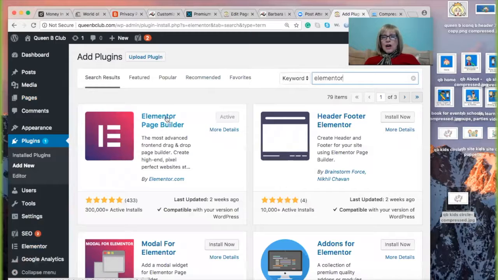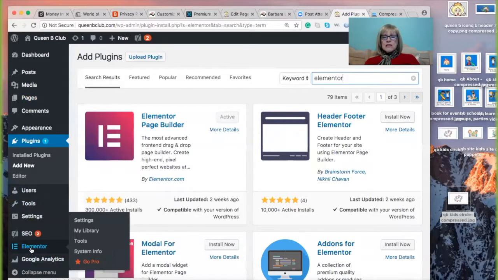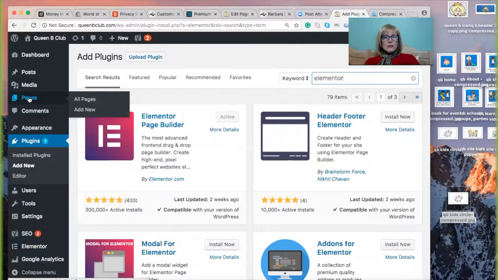Now I've already got this activated. That's why this box is grayed out. I can't click on it because again, it's dummy. You already have this installed. Now, if it weren't, we can use this as an example. You would go install now, and then the activate button would come up. And then as soon as you finish those steps, Elementor becomes available for you here in this sidebar. Since we've already got it good to go, we're going to just go back to our pages,